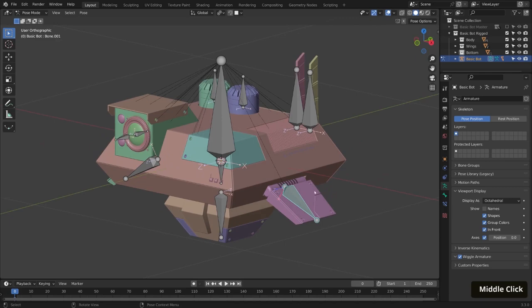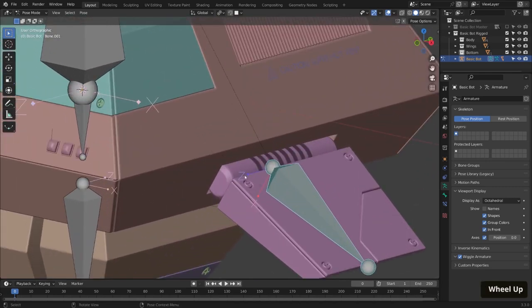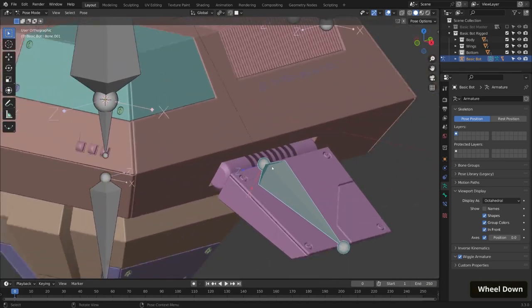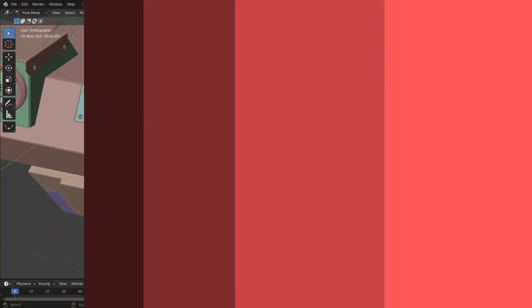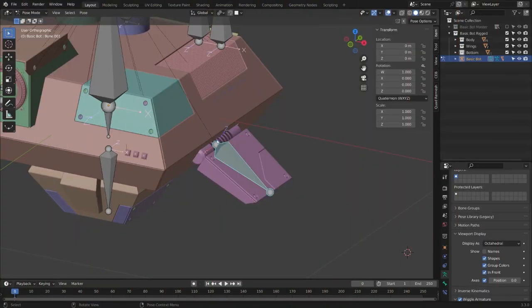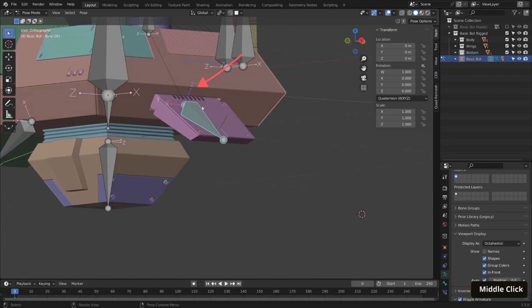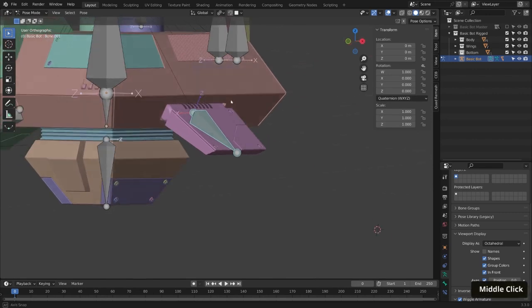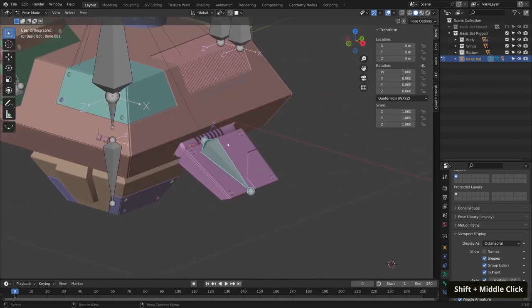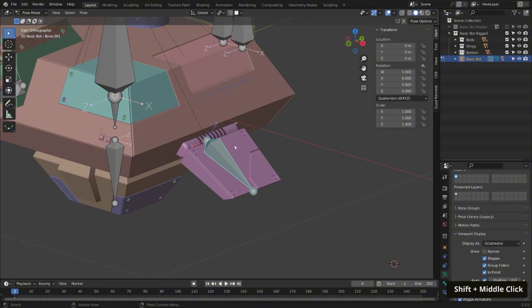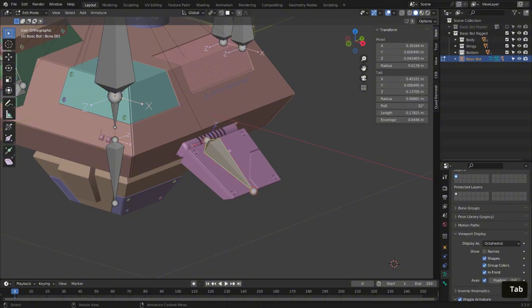And as you can see here, we want to rotate about the Z axis. But what if your Z axis is pointing in a different orientation? Well, in this case, we need to recalculate the roll, and we can see the roll by jumping into edit mode with Tab, then N on the keyboard to bring up our side panel. And then under the item option here, you can see we can adjust the roll so that our Z is